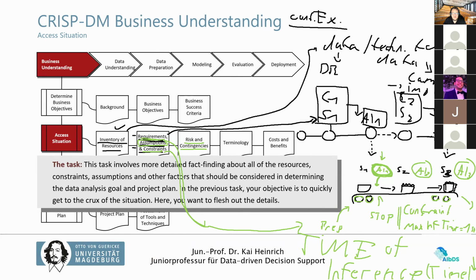What happens, just as one example, you should also think of more like after the lecture, go home, relax, or you are already at home, drink a cup of coffee, tea, whatever, go outside and think about more requirements and assumptions, more risks, more terminology. Good terminology is like, you don't have to think of it. It's more from the background, like what's the terminology that we use here. Also costs and benefits are derived a lot from the business objective, but risk and contingencies means, okay, mainly